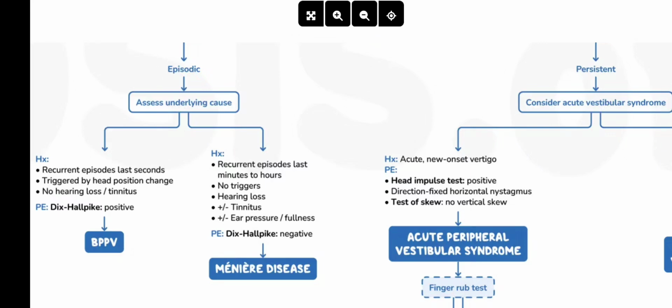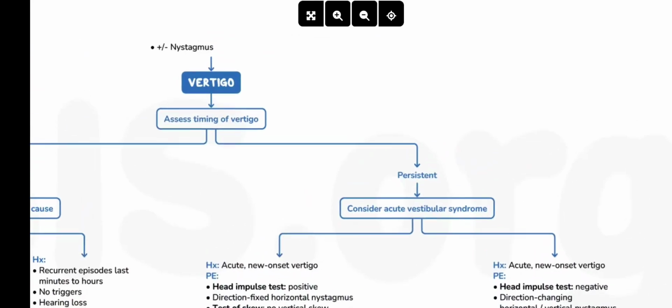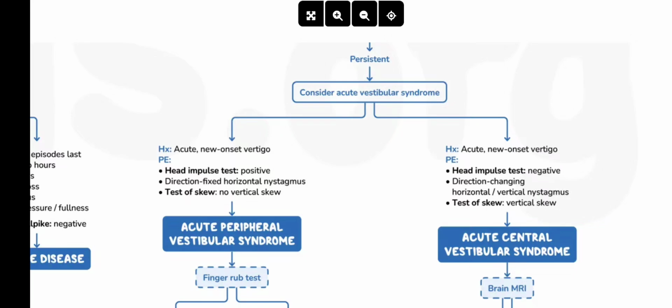In both cases, we'll perform the Dix-Hallpike maneuver. In benign paroxysmal positional vertigo, we'll find it positive, but in the case of Meniere's disease, we'll get it negative. And if the vertigo is persistent, consider acute vestibular syndrome. Here we'll be performing